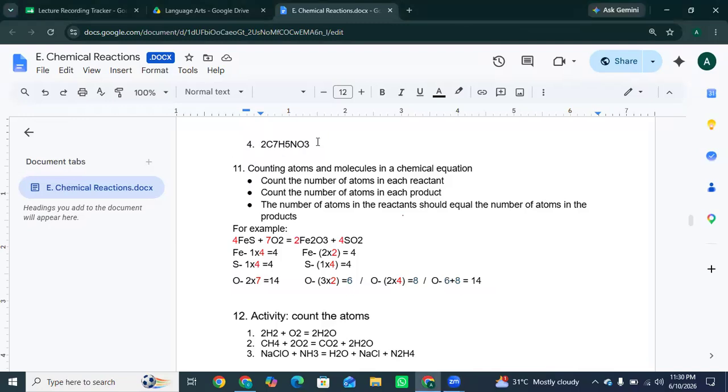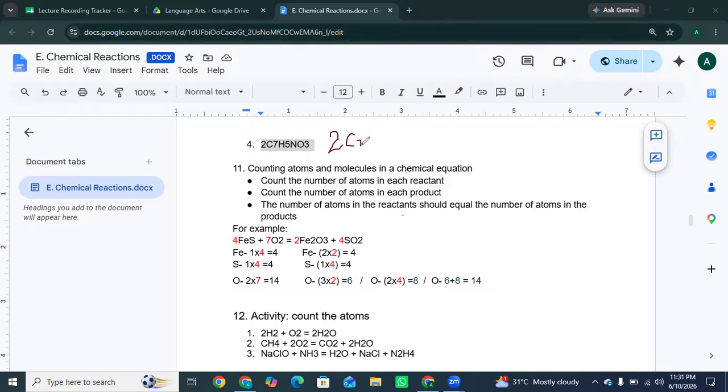Okay students, this is your self-assessment and you have to do this on your own. You have to count the total number of atoms. The things we discussed in the previous activity, you have to apply the same method in this. I wrote the correct version of this: 2